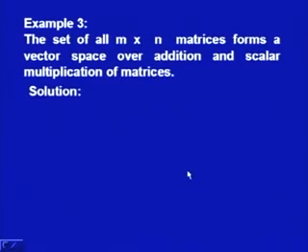The third example is the set of m by n matrices. They also form a vector space over matrix addition and scalar multiplication of matrices. Now, to prove this,